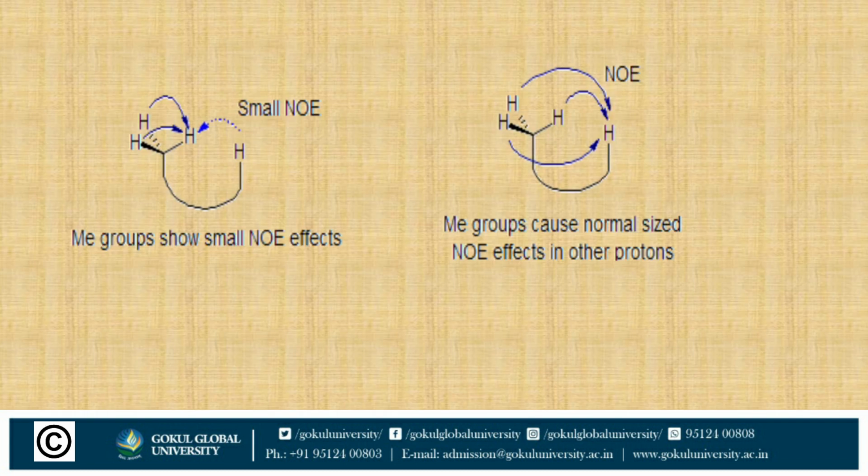So take the methyl group, a small NOE effect. In this methyl group of CH4, the other three hydrogens give all their intensity to the one hydrogen, and this hydrogen intensity is high, and we separate this hydrogen. Similarly, another methyl group of normal size shows NOE effects on other protons. These four protons are taken one by one, and we separate out these four protons, these signals, easily.